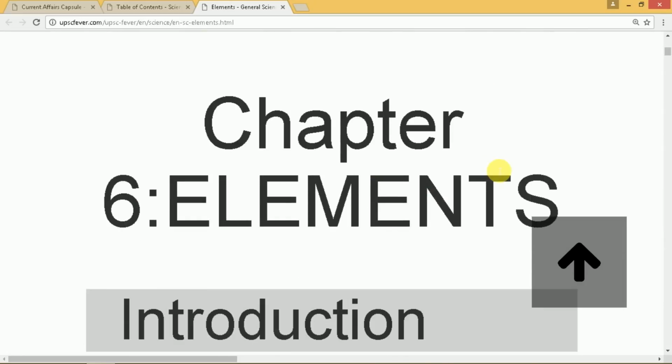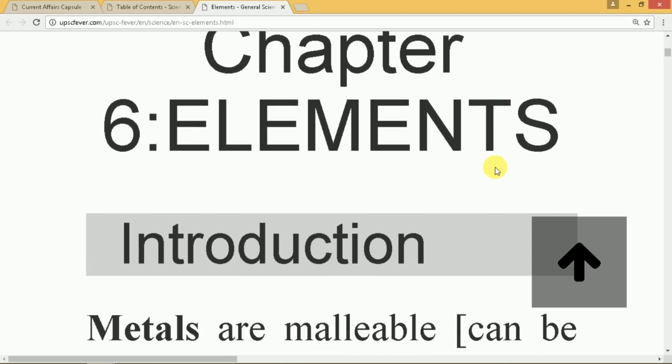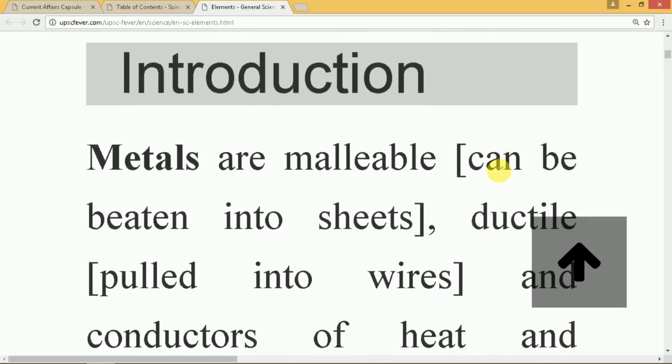Elements. First module is introduction. Under this we know metals, non-metals and metalloids are the three types of elements. Metals are malleable, which means they can be beaten into sheets. They are also ductile, which means that they can be pulled into wires. They are also good conductors of heat and electricity, but with an exception. And they are sonorous. Sonorous means that they produce